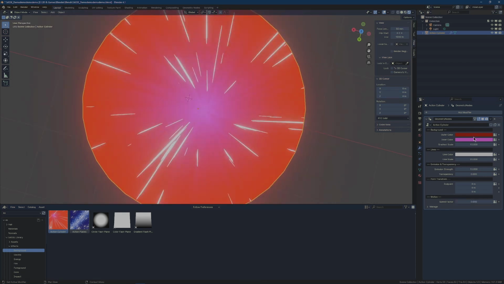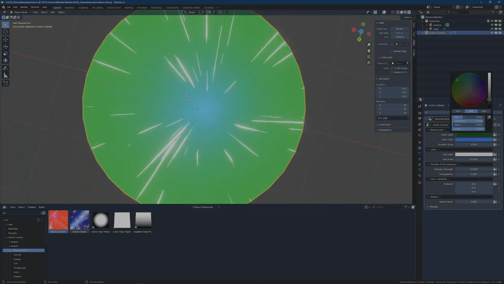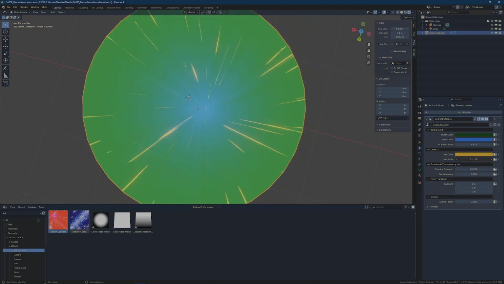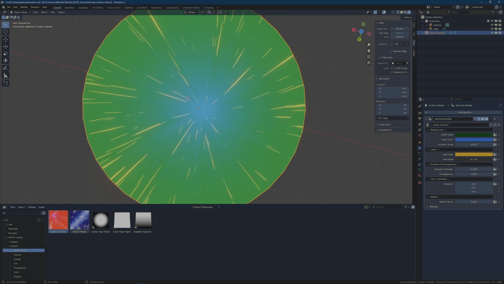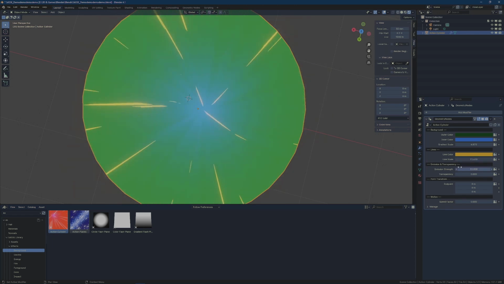You can also control the outer color, the inner color, the scale of the gradients. So actually that's maybe a bit tough to see if I don't. There. The scale of the gradient. The color of these lines. And the scale of them. So if you want many small lines or fewer large lines, the strength of the emission,